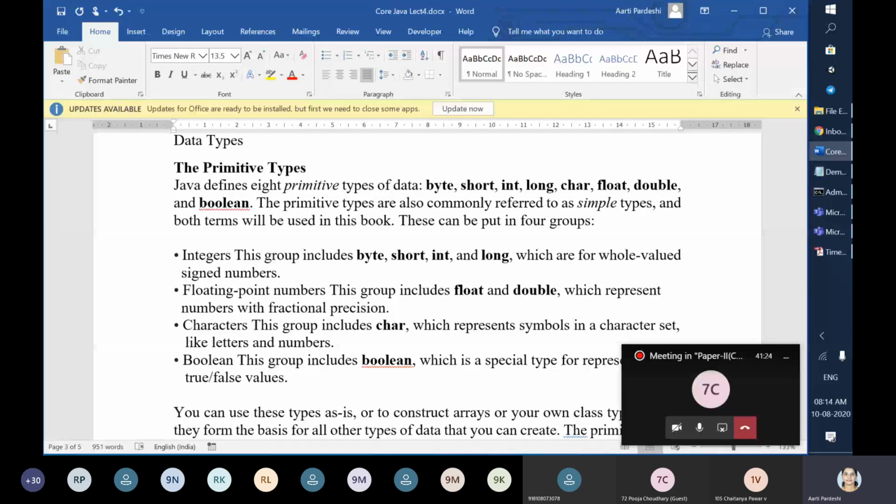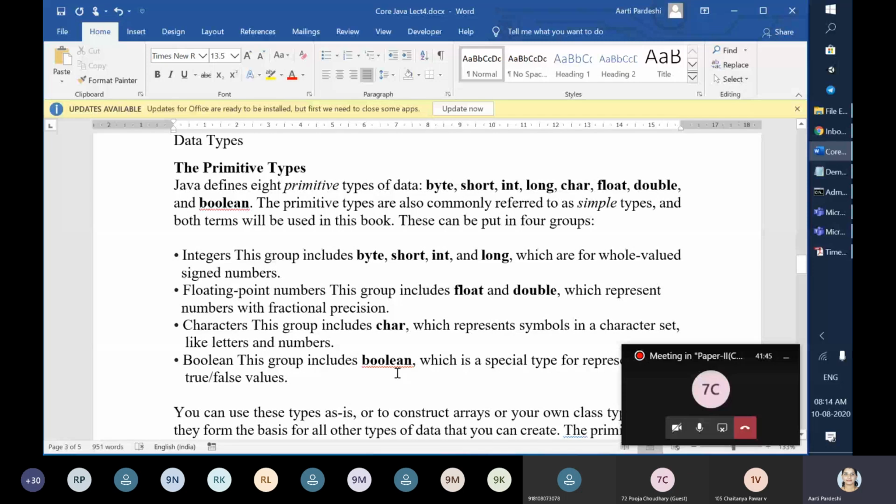Why? Because String is a separate class and it's a collection, but in unit 3 you will understand it more. So right now, capital S String is not a data type, it's a class. The last one is boolean, and under that only one small data type is there.